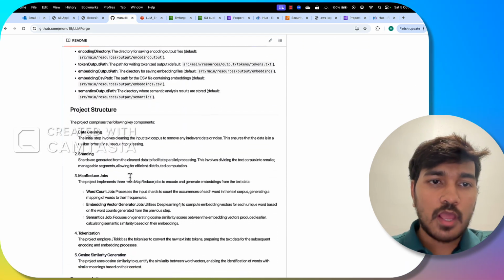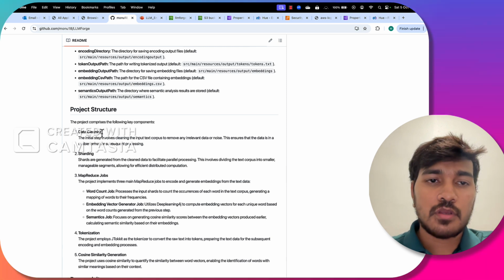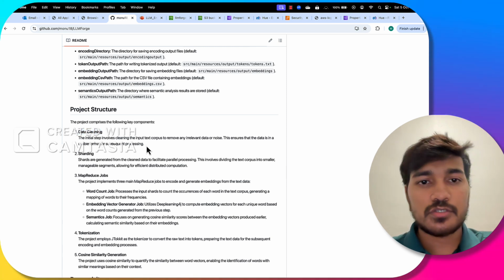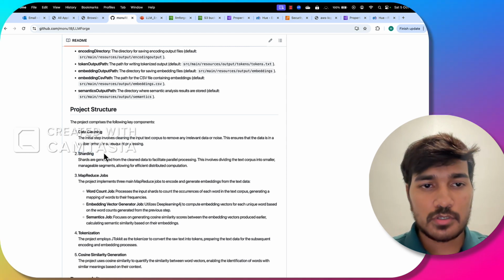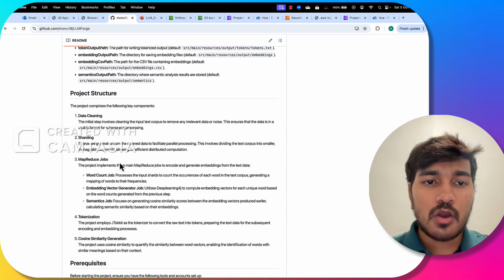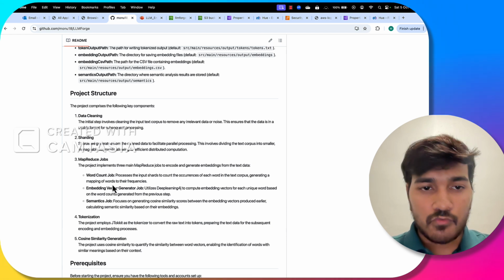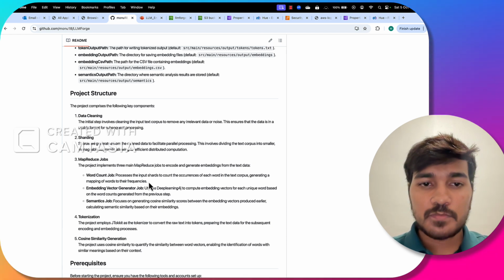First of all, I'm cleaning all the special characters and new line characters from my text corpus, and I'm sharding it into smaller text corpora. Now I am using the word count job to generate a CSV